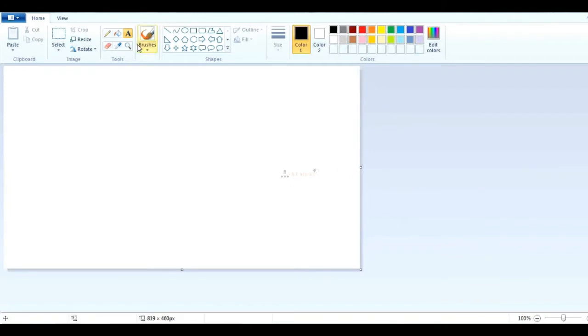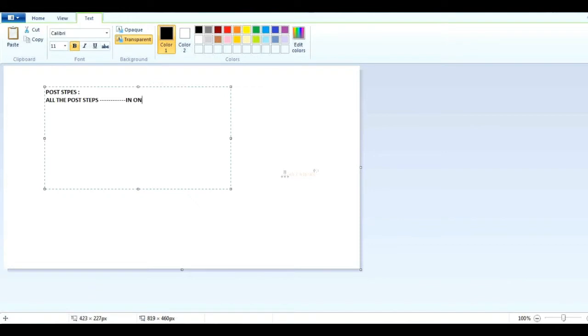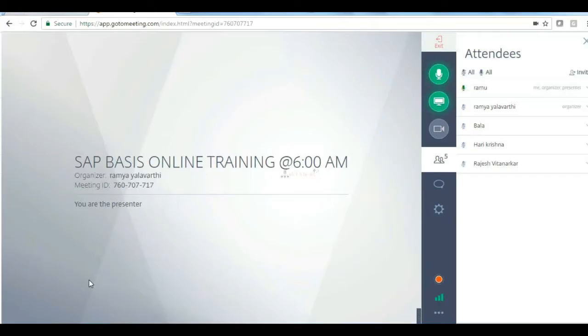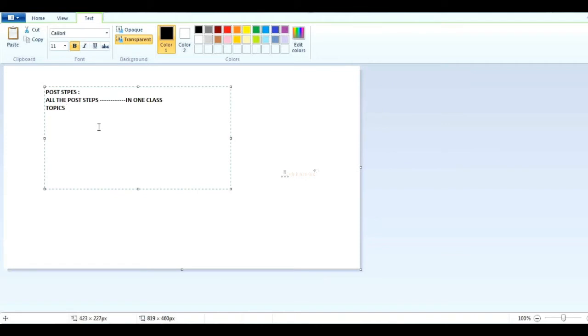All the post steps are not able to be covered in one class. It's not possible, because what are the topics we have in our course content?